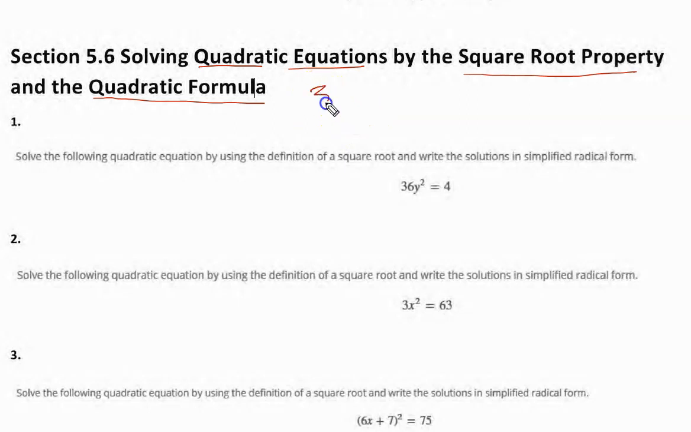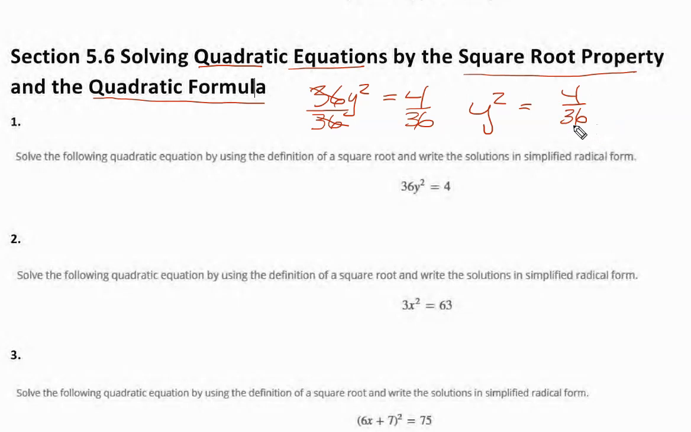So let's write this one. 36y squared is equal to 4. Now, to use the square root property, we're going to try to isolate the y squared, the variable that is squared. We do so by dividing both sides by the coefficient of what's there. In this case, it's 36. So these then cancel out, and we now get y squared equals